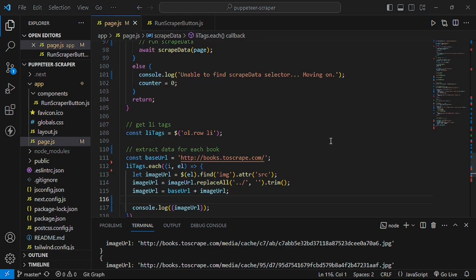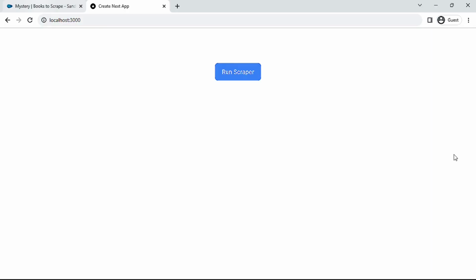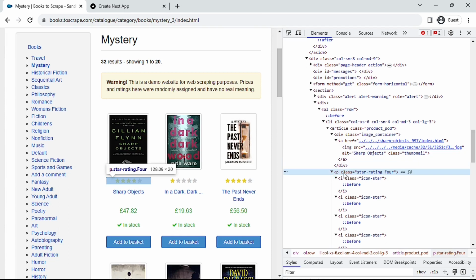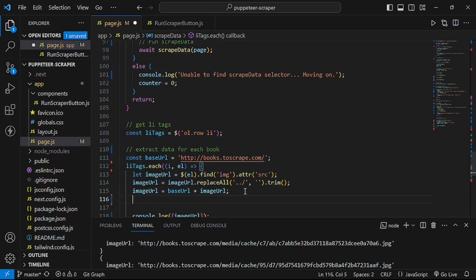So for the star rating, we will extract this class right here. We'll look for this p tag with the class star-rating, extract the class as an attribute, and then remove star-rating from it, and that'll leave us with 4. So let's do that. I'll come here, I'll say let star rating